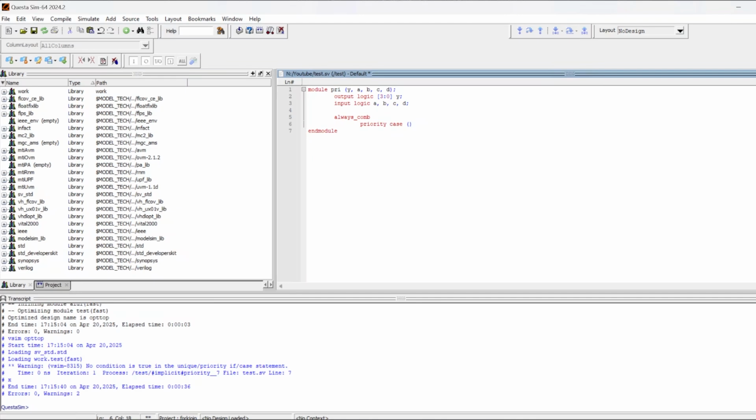So for this example, I will be using a different thing. This is called a reverse case statement, and I will help you understand it. As my case expression, I will write a literal value of 1. First I will complete the case statements and the case selection items, and then I will explain it. So if A is high, then Y will get